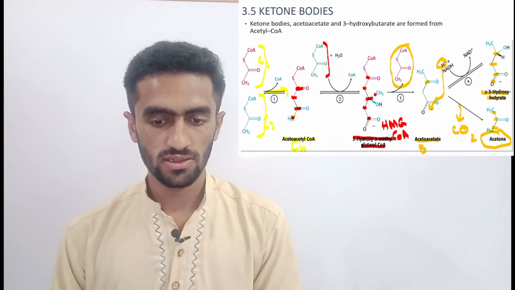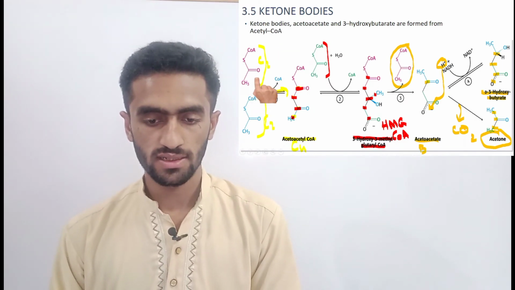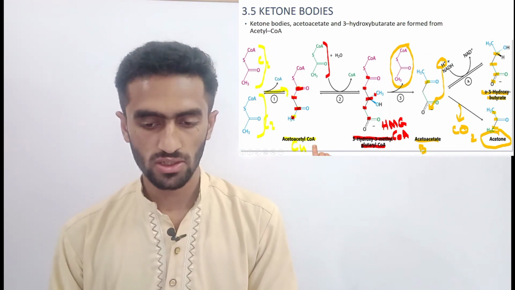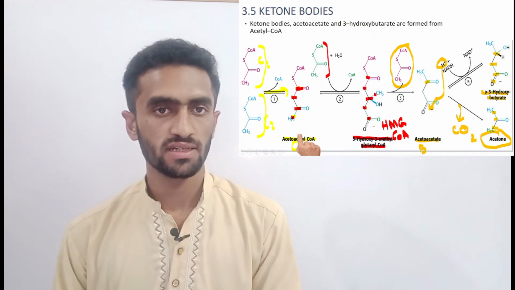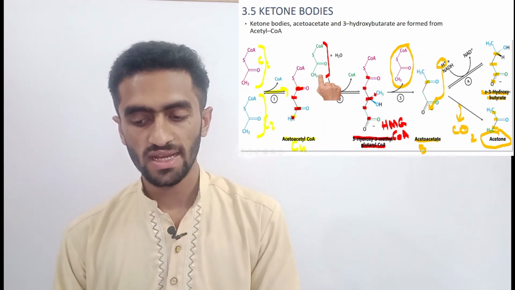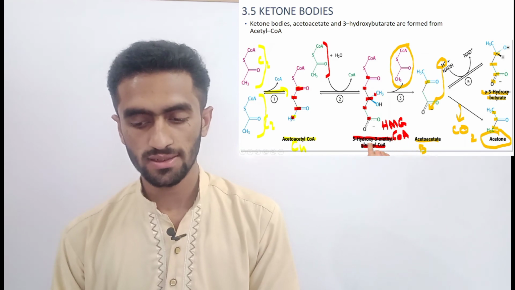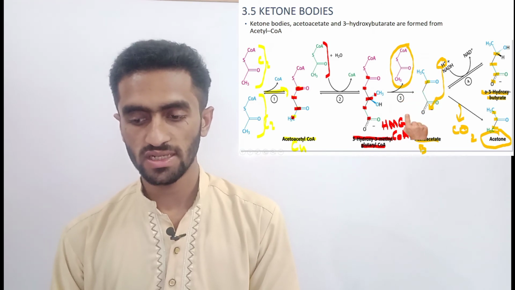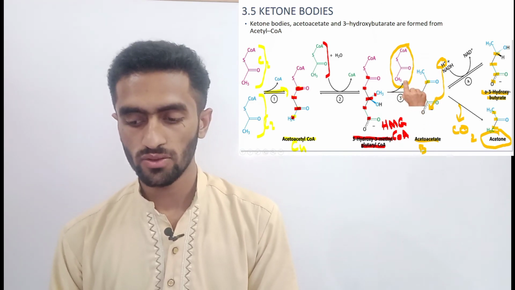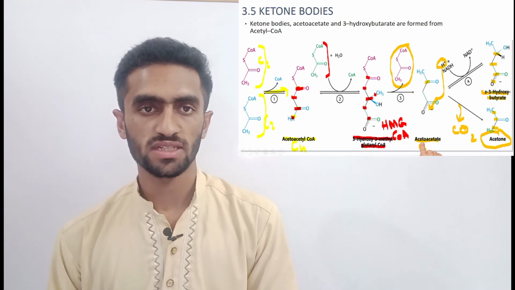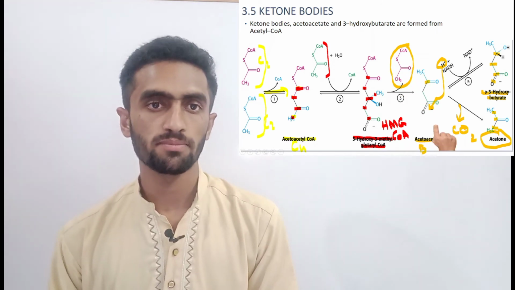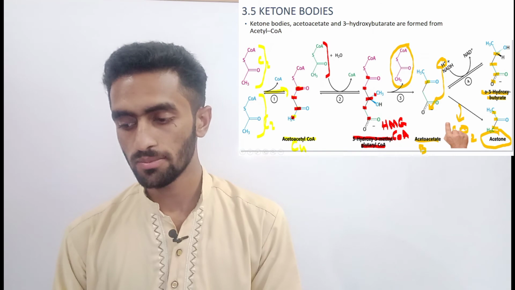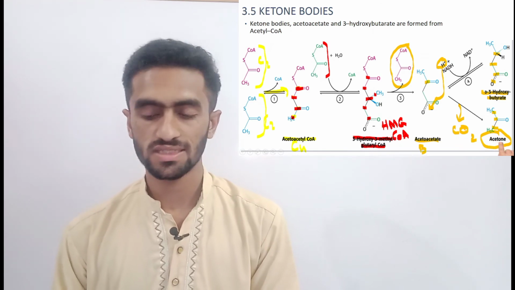In this pathway, two acetyl CoA combine to form acetoacetyl CoA, which is a 4 carbon molecule, and with another acetyl CoA, it generates HMG CoA, 3-hydroxy-3-methylglutaryl CoA. Now it is time to split off the acetyl CoA, and acetoacetate is formed, which is a ketone body. It is a beta keto acid, so it is very unstable and spontaneously breaks down into acetone with decarboxylation.